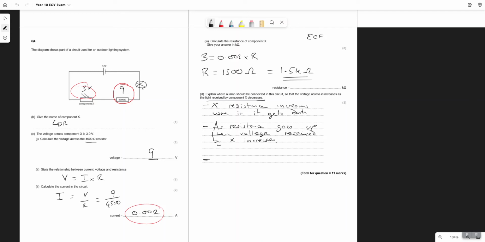But what we want is the bulb to get more voltage as this gets more voltage. So where do you want to put it? You want to put it in parallel, because things in parallel receive the same voltage. So as this thing takes more voltage, the bulb will also get more voltage. So you want to connect it in parallel